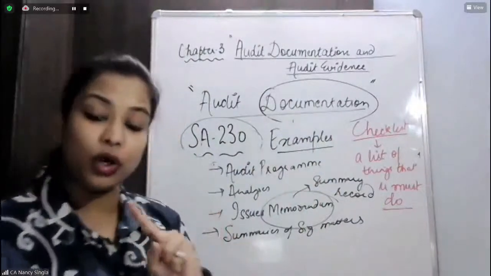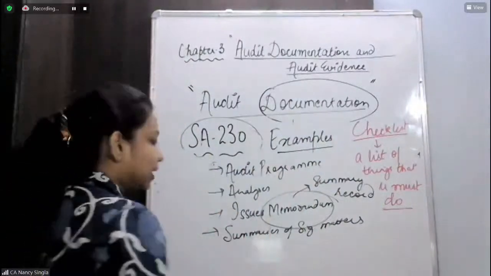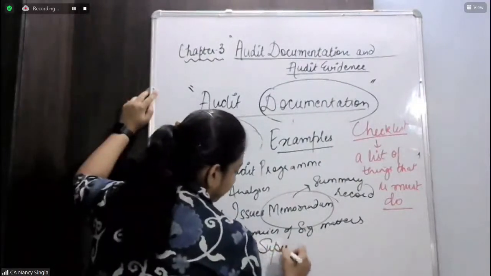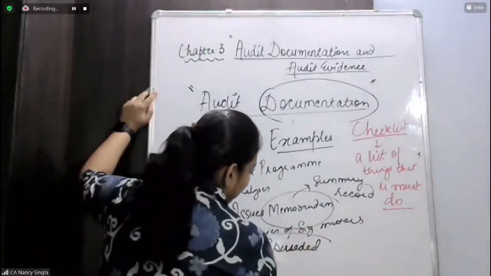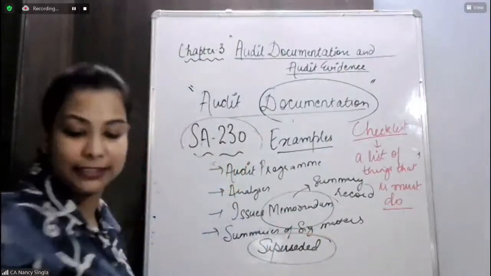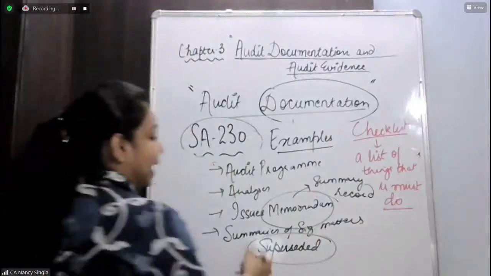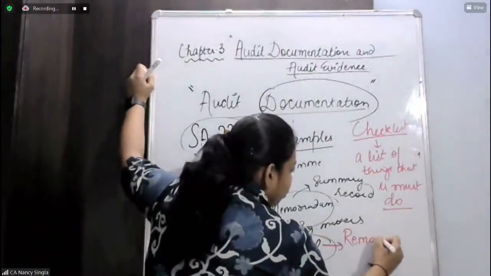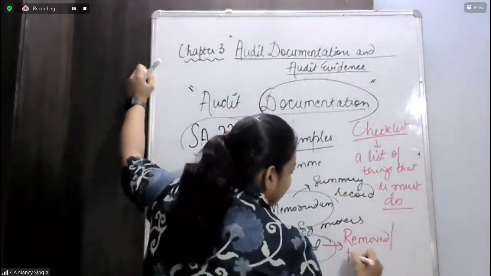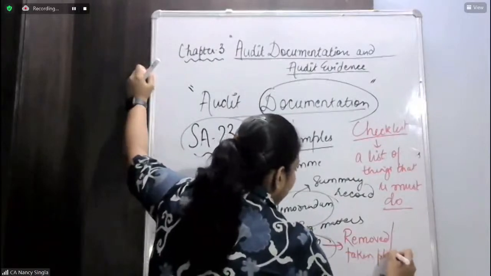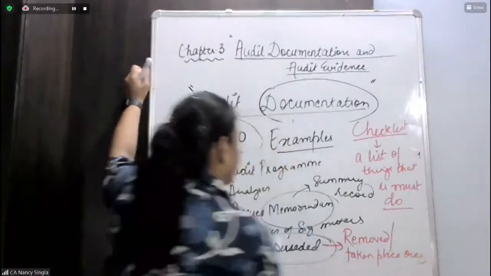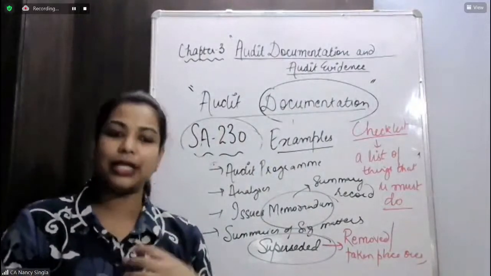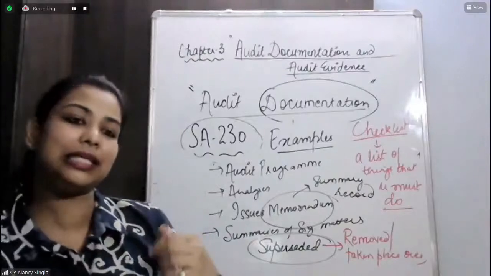But what will not be included in documentation is any superseded documentation. What is superseded? Any document that has been removed or taken over by something else. What does that mean? For example, I am conducting the audit and one of the article assistants is checking